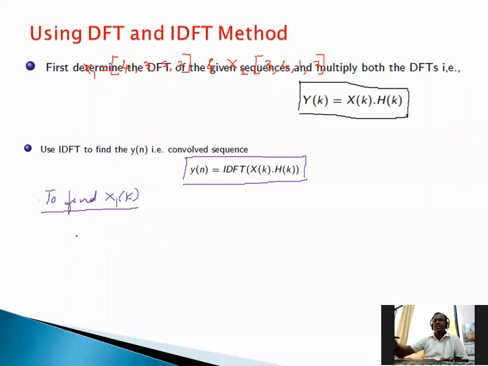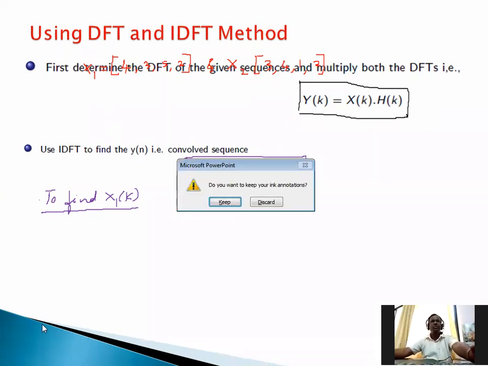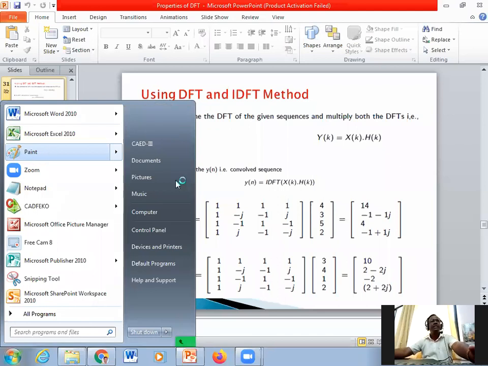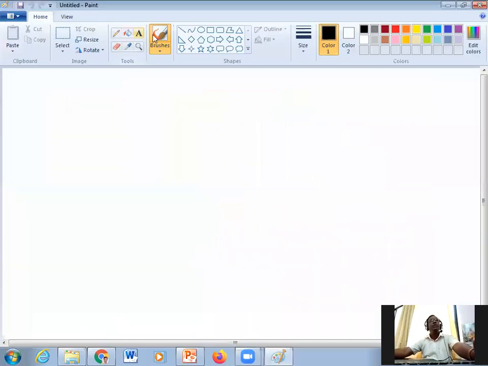By using the matrix method. We will solve it separately so that you can understand properly. I will show you here later. So let's find it separately. To find x1 of k,